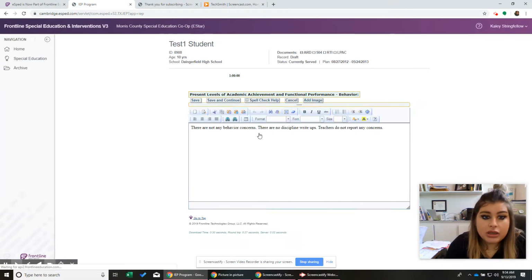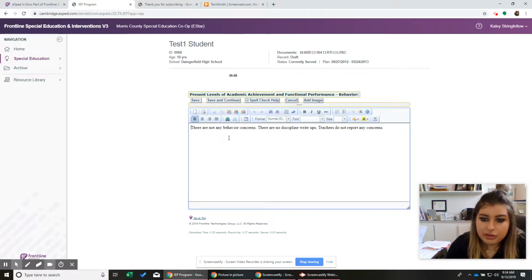I'm gonna go to behavior. So behavior, I just put a brief statement, like we're just pretending this kid has no behavior concerns. If they did, you would note them. If you can get a copy of a behavior write up from your assistant principal and bring it to the ARD, you could just say, see attached discipline write ups. You can summarize them. You can summarize what's going on in class. Maybe they don't have write ups, but the teacher says, every day this is happening. It's happening all day long. And we just deal with it because we know the student.